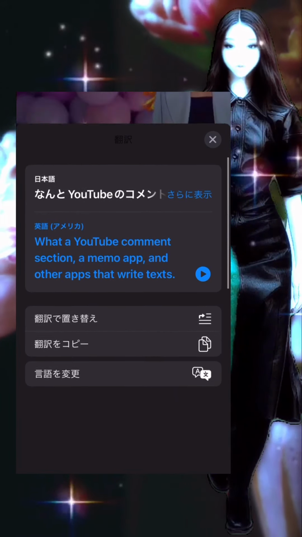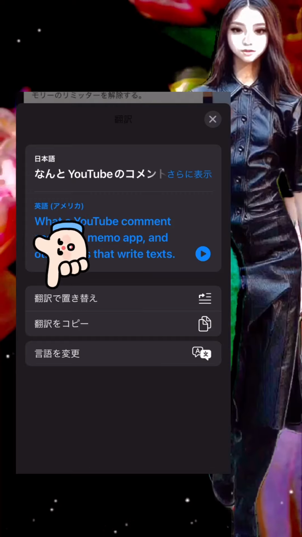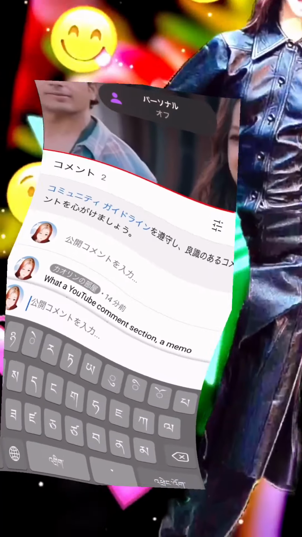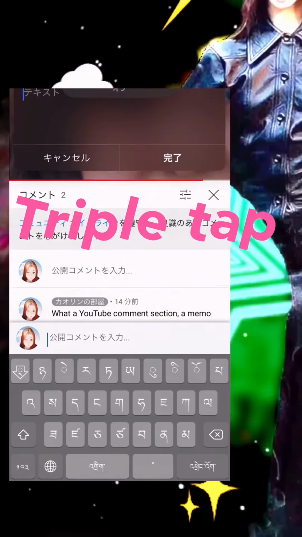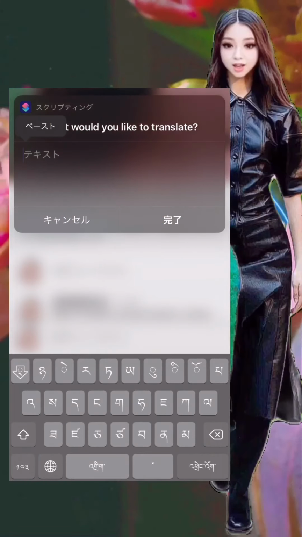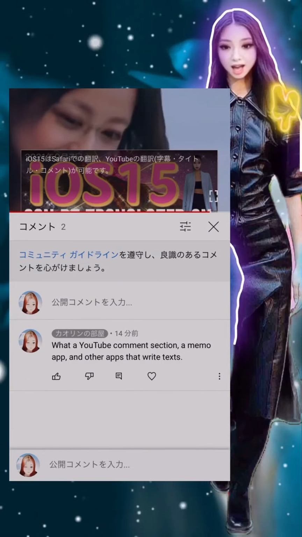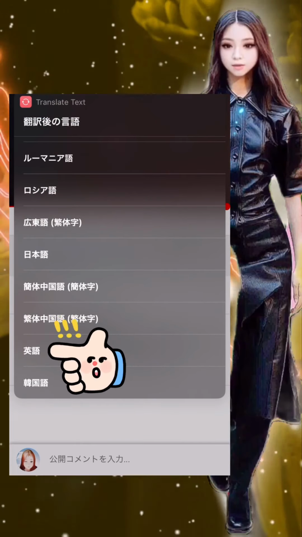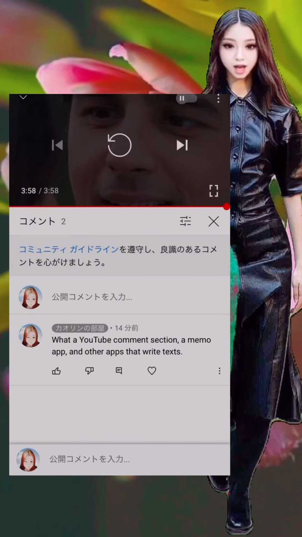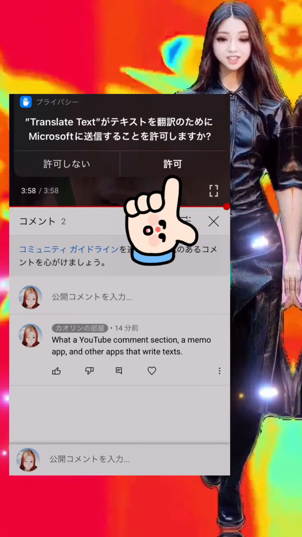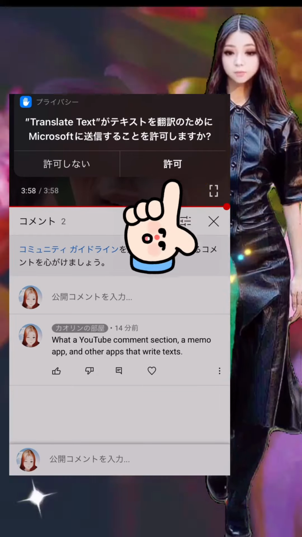What's more, you can translate the text you wrote on the spot into the translated language without copying and pasting. What I mean is, until now, you had to copy and paste the translated version and delete the original text. It took time and effort, but that time and effort is no longer necessary. This is a revolutionary convenience when commenting on YouTube, isn't it? For example, an English comment written by the other party can be translated into Japanese with the translation function in the new Safari and YouTube apps, and when I reply, the Japanese I wrote will be translated into English on the spot and you can reply.